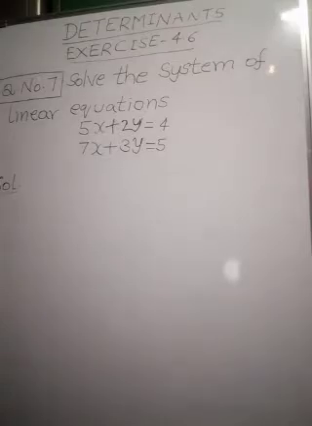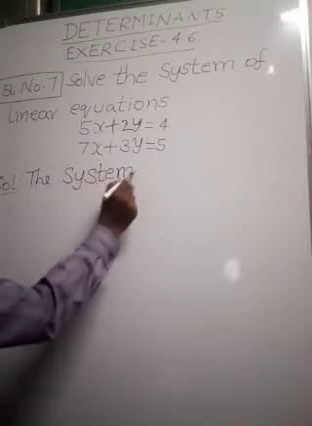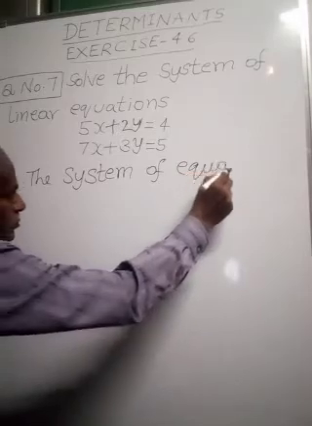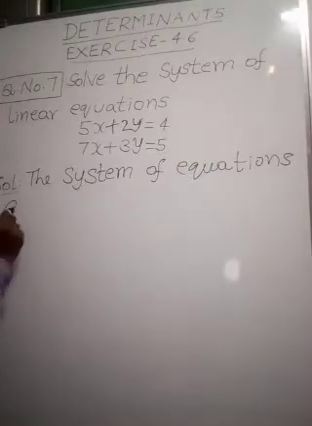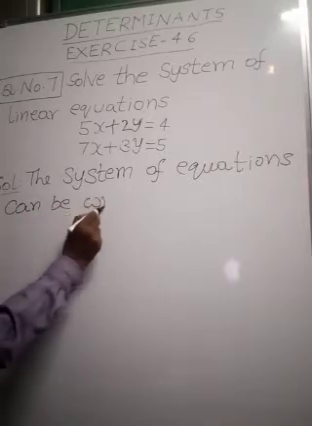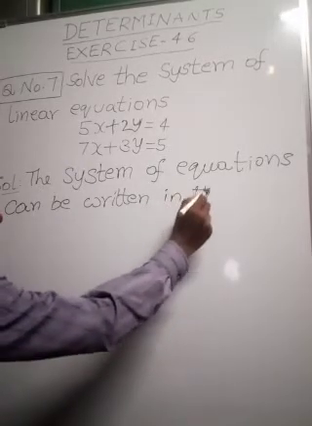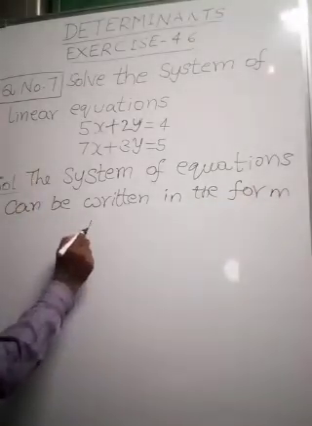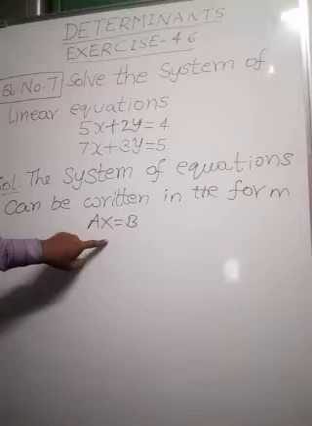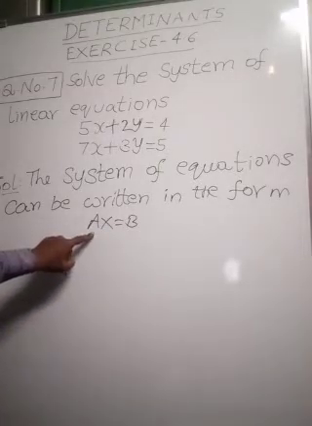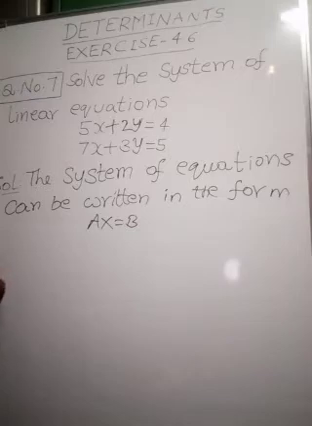The system of equations can be written in the form AX is equal to B. Now we are going to write this system of linear equations as a matrix equation, where A denotes the coefficient matrix, X denotes the variable matrix and B denotes the constant matrix. Let A is equal to,